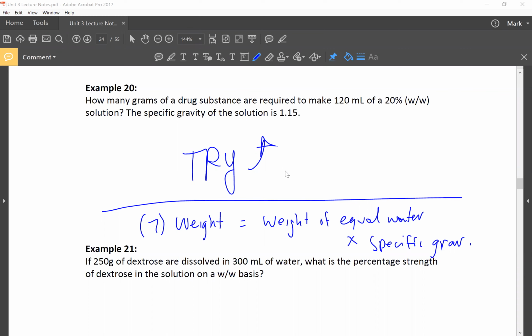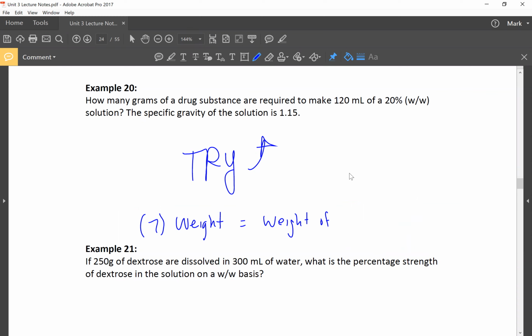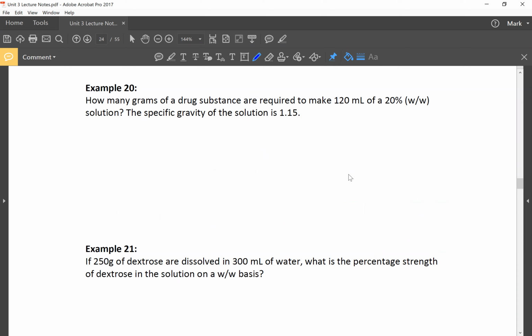All right, let's have a look. Okay, I'm going to erase my writing here. Let's have a little look at this answer. Okay, how many grams of a drug substance are required to make 120 milliliters of a 20% solution? Okay, so step number one, it's asking for grams, but I need to figure out how many milliliters I need. So first things first,